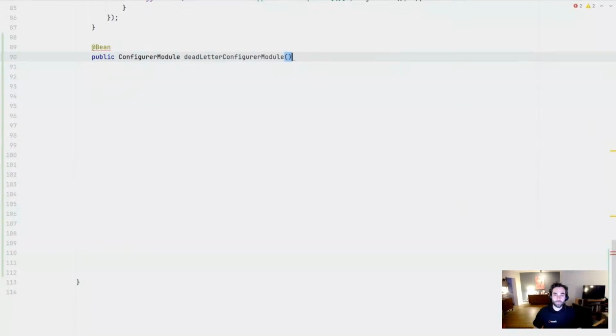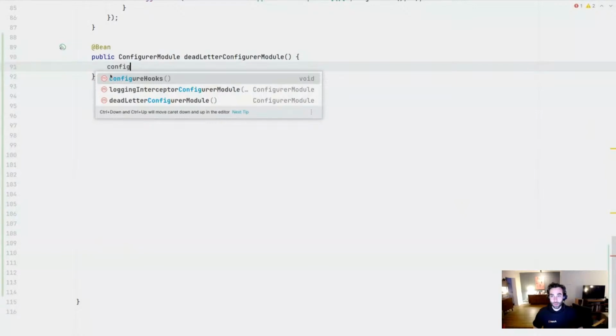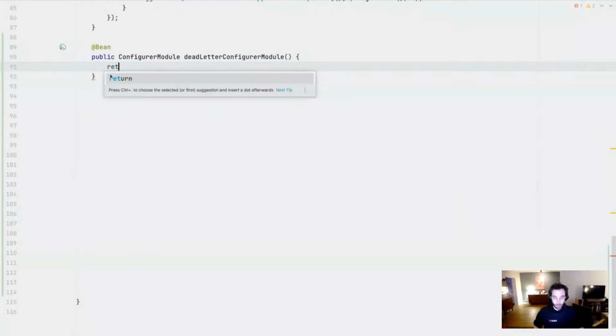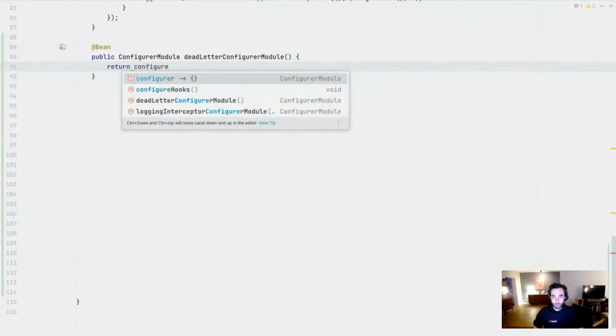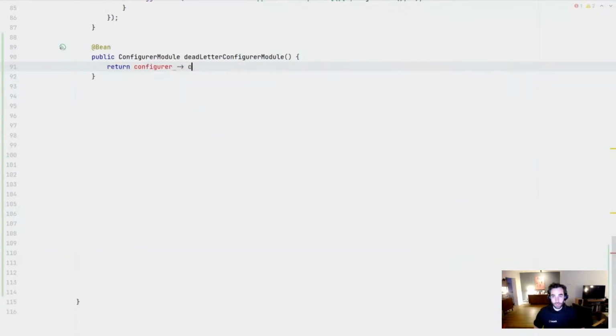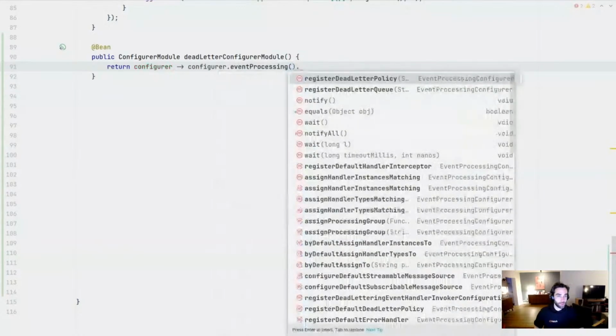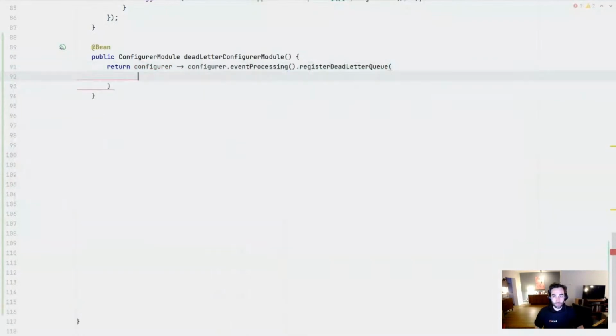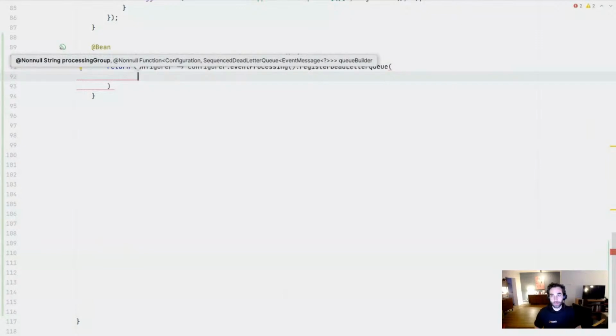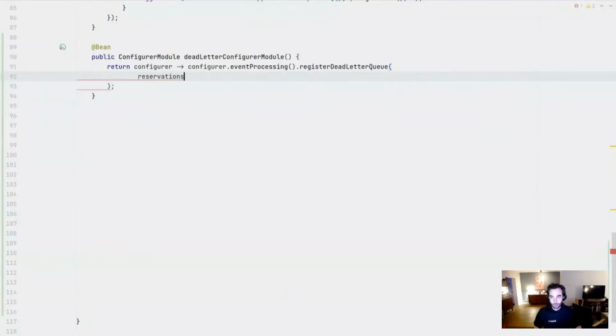Configurer module. What we get here is actually just a lambda, which we're going to return. We'll get to the configurer. On the configurer, we'll retrieve the event processing configuration, and we'll register that dead letter queue. This requires two parameters, being the processing group and the queue builder. Now that processing group I already had copied, and we'll go to return